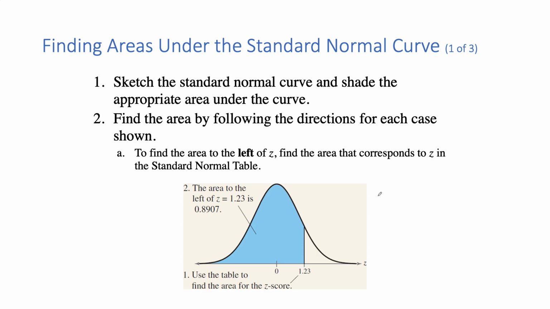So, okay, let me just do the standard example. Suppose I have a z-score of 1.23. So I would go to the standard normal table. 1.2 is the right row to look up. 0.03 is the right column to look up. So if I go look inside the z table and look up the score of 1.23, I'm going to leave